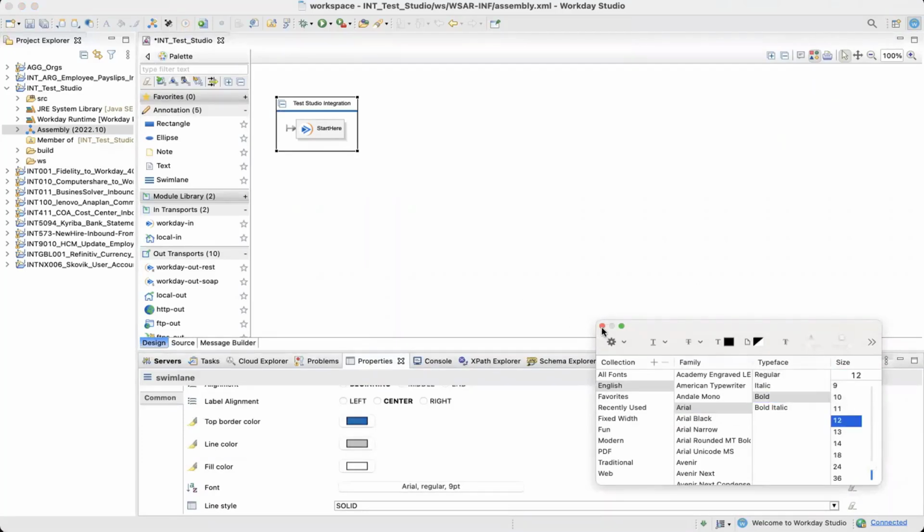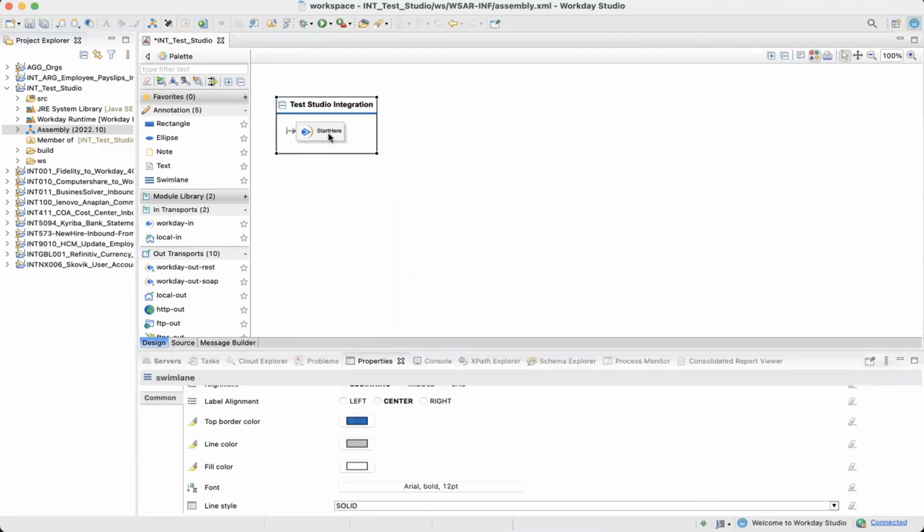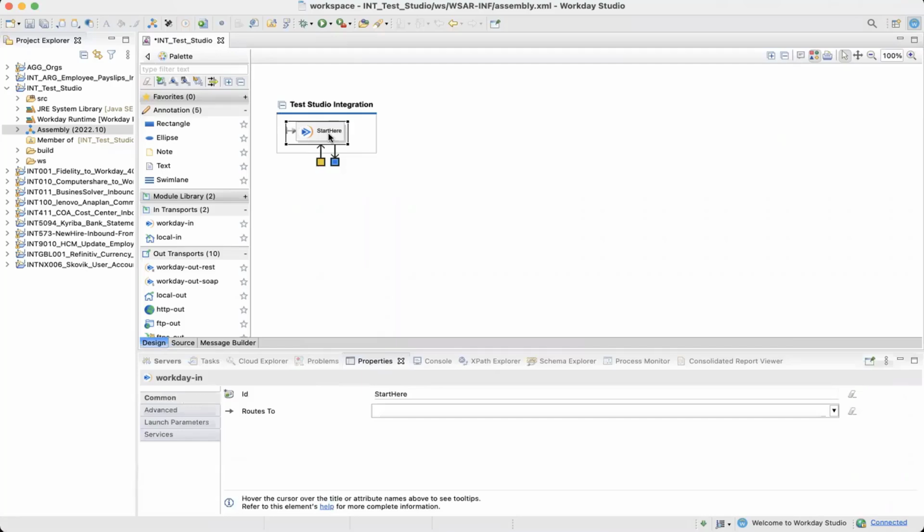Well, close. Okay, now let's see the Start Here. You can also change the name, just like your file name. Change any file name on your desktop by clicking on it twice. Same thing. Integration starts here.